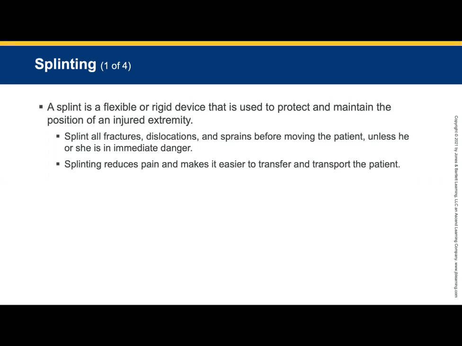Unless the patient is in immediate danger, you should splint all fractures, dislocations, and sprains before moving the patient. So it's life over limb. If you have to move them in an emergency situation to save their life, you just grab and pull and go. But if not, and you have time to sit there,